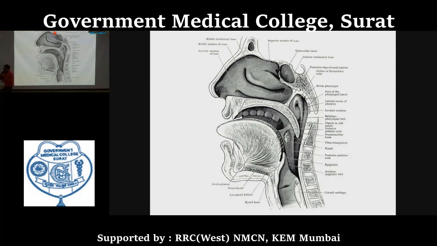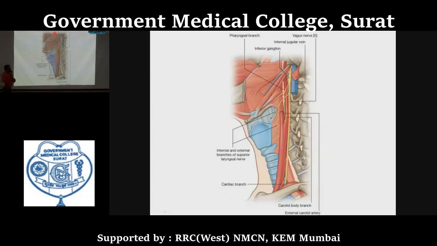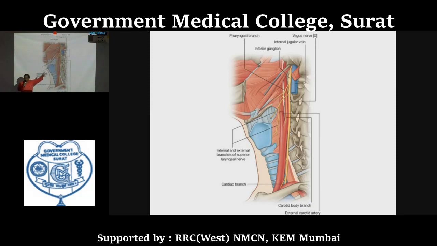Now, basically, here, this is a complete pharynx. It's the lateral wall of the pharynx. So, the basic relations of the pharynx over the lateral aspect are the large arteries of the neck, the large blood vessels, that is the common carotid artery with its terminal branches, the internal and external carotid arteries, along with certain branches of the external carotid artery. Besides this, you can see the internal jugular vein also, only part of the jugular vein is shown, and other large nerves, that is the vagus as well as the cervical part of the sympathetic chain. All these are related with the lateral wall of the pharynx.